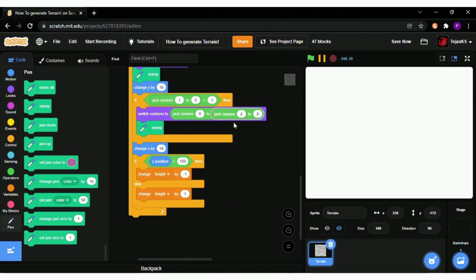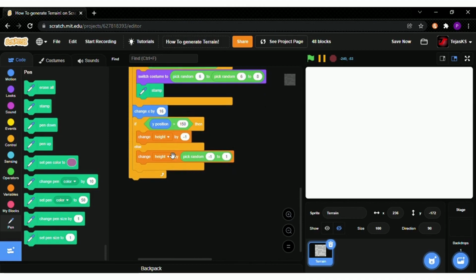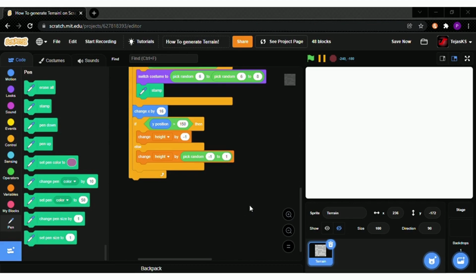pick random -1 to 1. What this will do is prevent you from getting a straight platform. So that will look weird. If there is a straight platform, that will look very simple. So using this, our terrain will be a little up and down. Then after this,